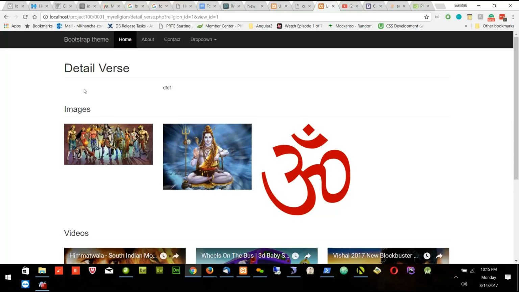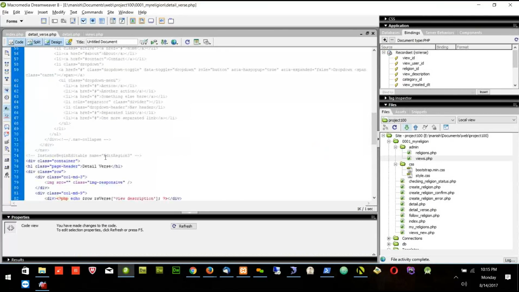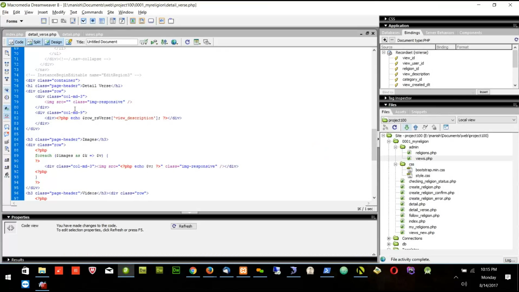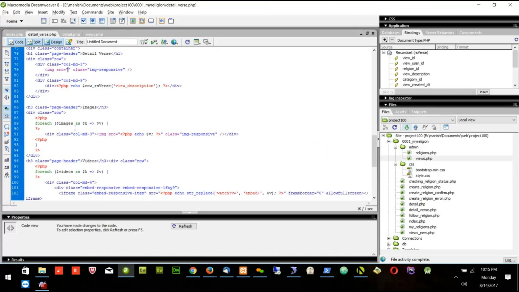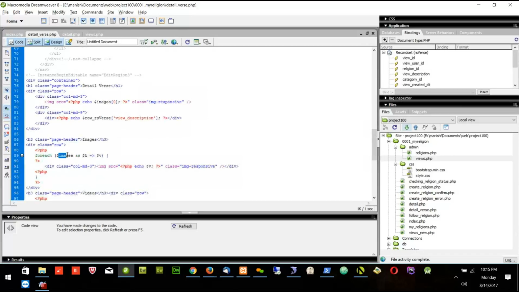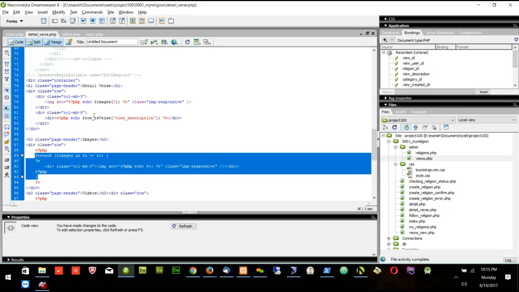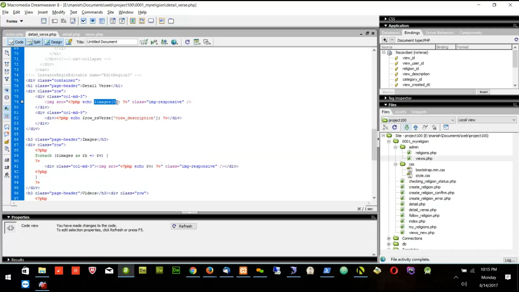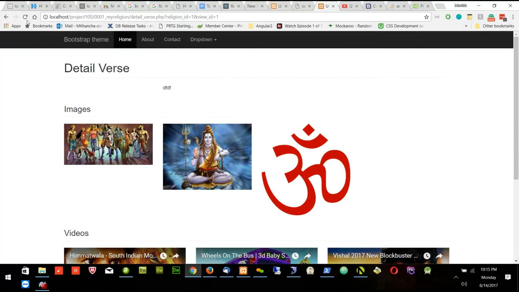The main image will be the first image which we are seeing here. This image should come as the first image. To display the first image, in the source we have the images as an array. I will put it like this: echo images, and in the square brackets I'll pass 0. 0 means take the first image. So from the images array, all I display in the second row, but the first image will become the main image of that verse. If I refresh the page,